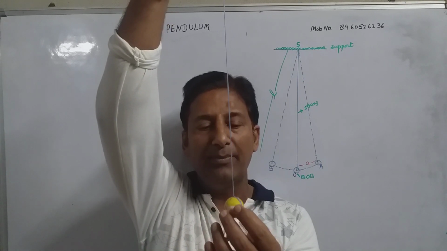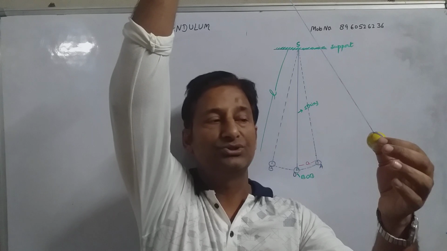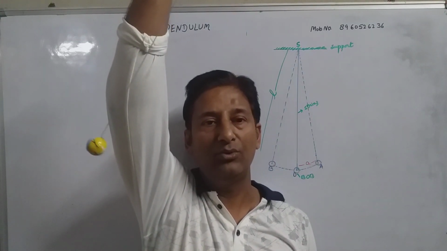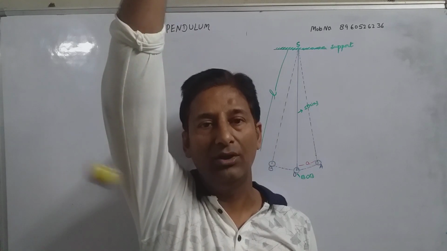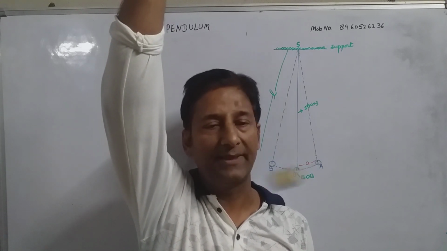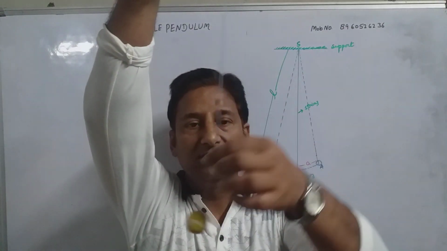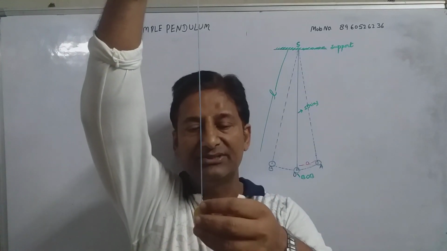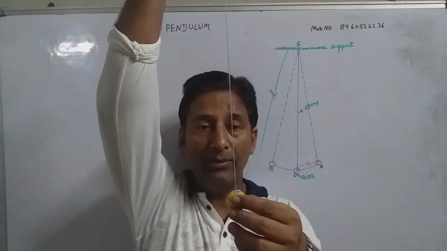Now when this point mass or bob is released from one side, see the motion. Coming and going, coming and going. That is also known as the to and fro motion of the pendulum. Right? Can you understand this? This is known as its length, that means the string, and this mass is known as the bob.